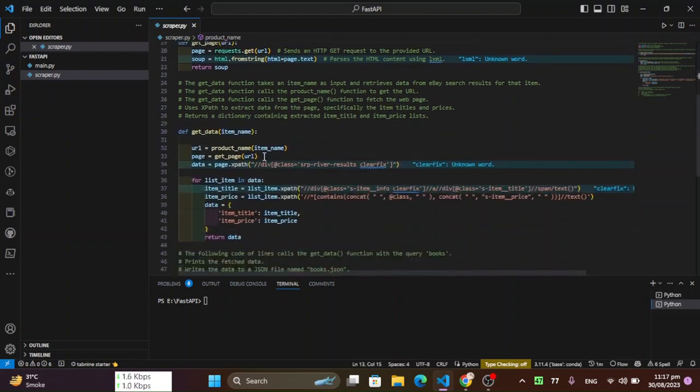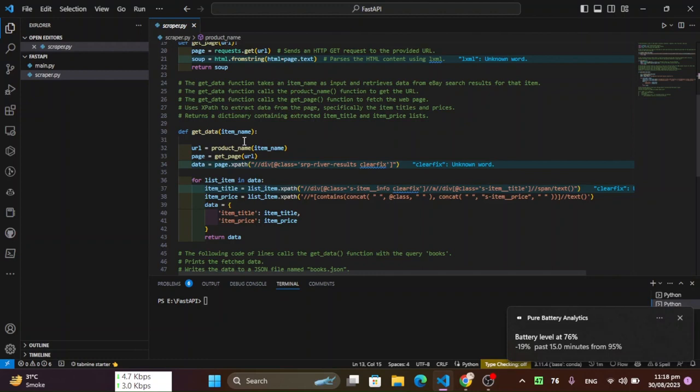Now we are also creating another function named getData. This function, getData, is the core of the script. It takes an item name as an input, and it works in the following steps. Number 1, it calls the product name function to get the URL of the eBay search with the specified item name.